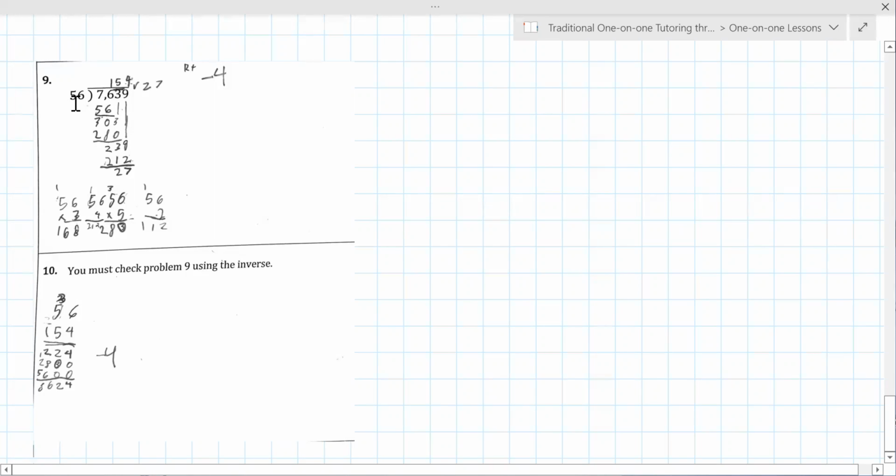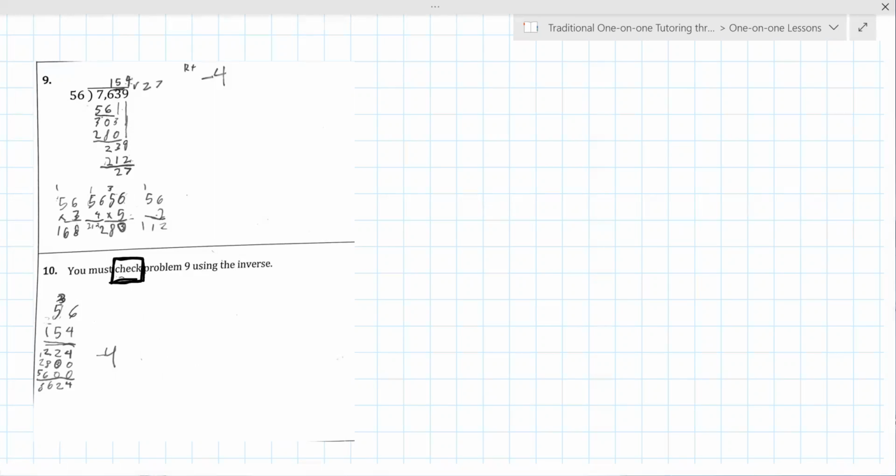What's in here is you do a problem and then what do you do right after the problem? The inverse. You check it with the inverse. Okay. Now, there's a few things that were not on this quiz that I think you might see in